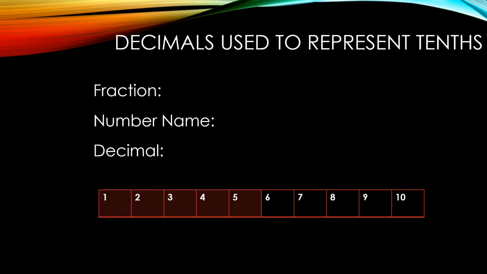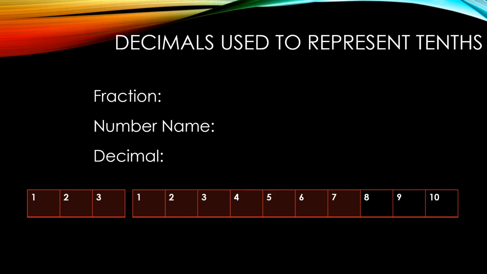Look carefully at the given strip. Write the fraction to represent the shaded part. See, the shaded part is 5 and the total part is 10. So the fraction is 5 upon 10. How will we write the fraction in words? Yes, the answer is 5 tenths. Pay attention to the spelling. We need to write TENTHS. In decimal, it is written as 0.5.